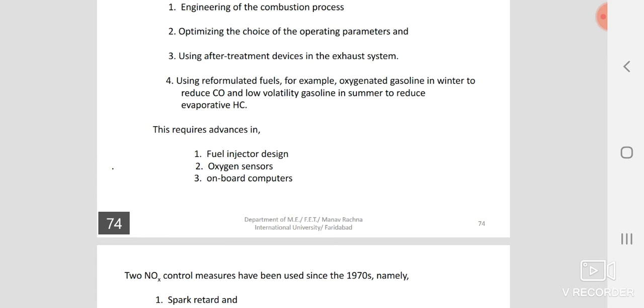So you can have an oxygen sensor in the car which senses oxygen continuously and accordingly makes the air fuel mixture opens in carburetor in case of SI engine. It can control that, seeing the oxygen sensors, allows more air to come as compared to fuel. As a result of that, proper air fuel mixing happens and more oxygen comes. More oxygen means, for example, as I have just told, carbon monoxide gets converted into carbon dioxide. As a result, carbon dioxide is a less pollutant as compared to carbon monoxide.